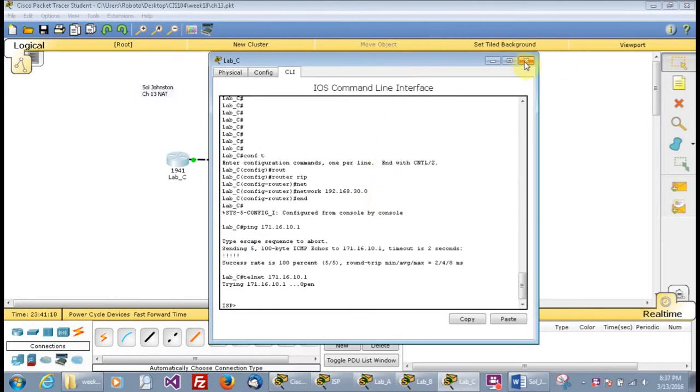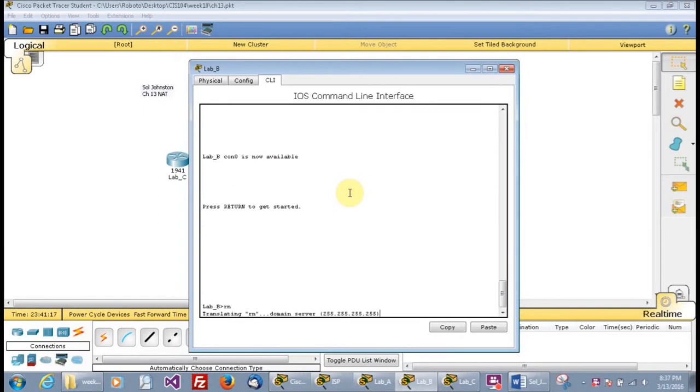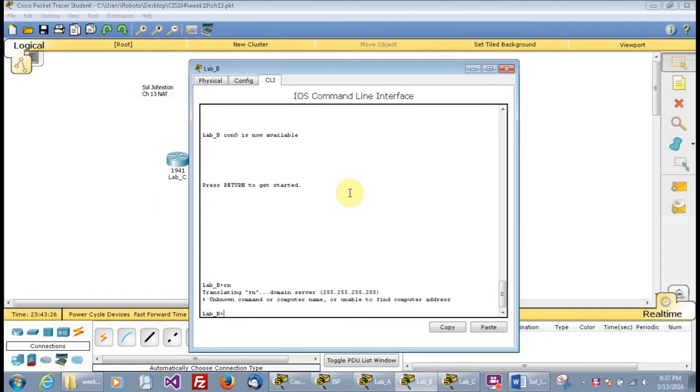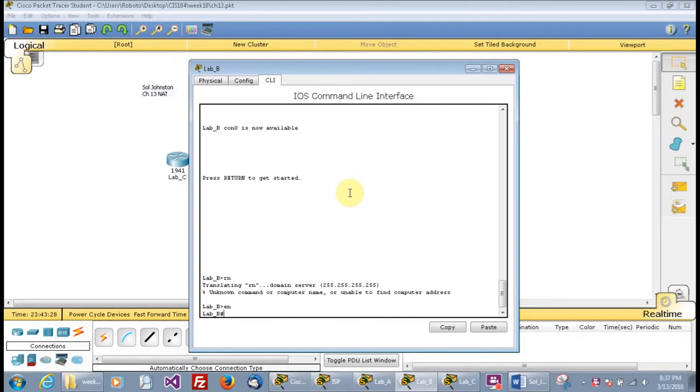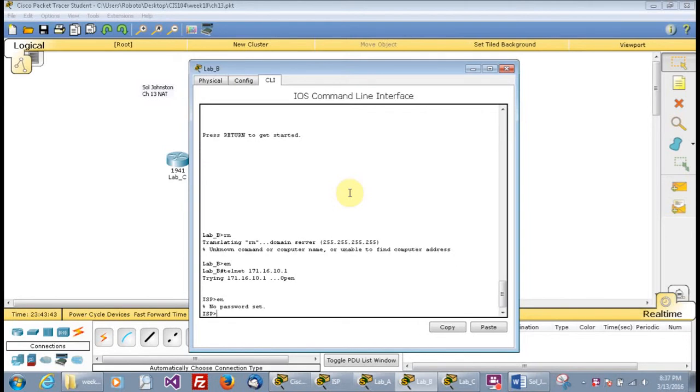Alright, so let's go to our Lab B here on the router, and we're also going to telnet 171.16.10.1, and see, we just got right in there. We'll do enable. Oh, and we don't have a password set, so I actually have to go